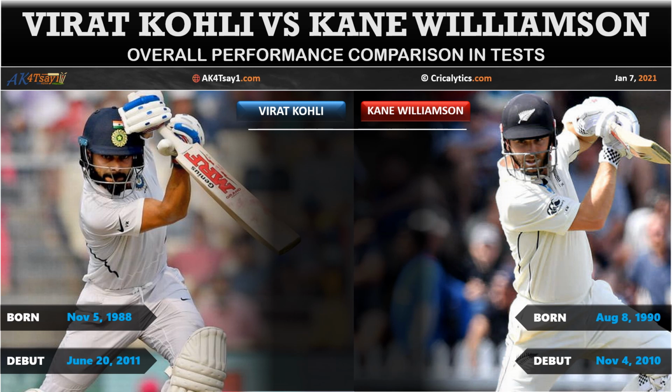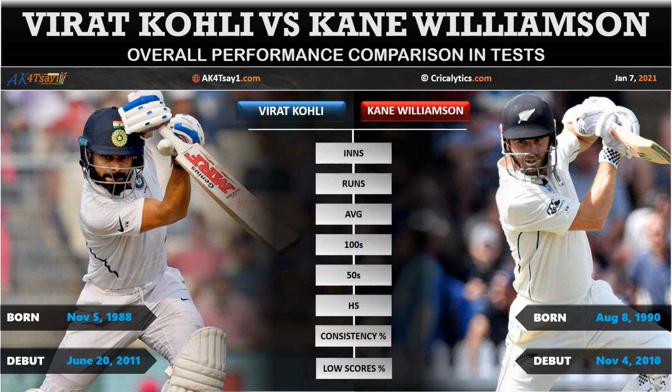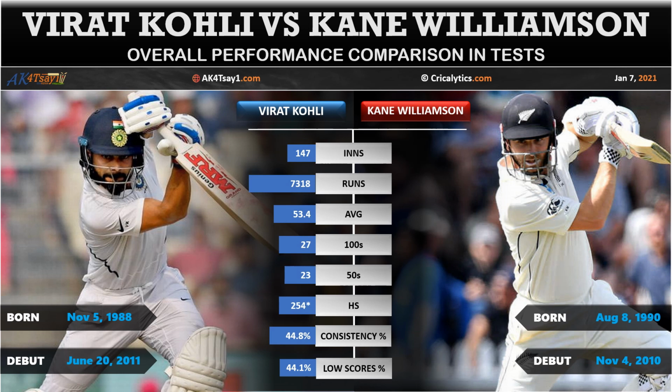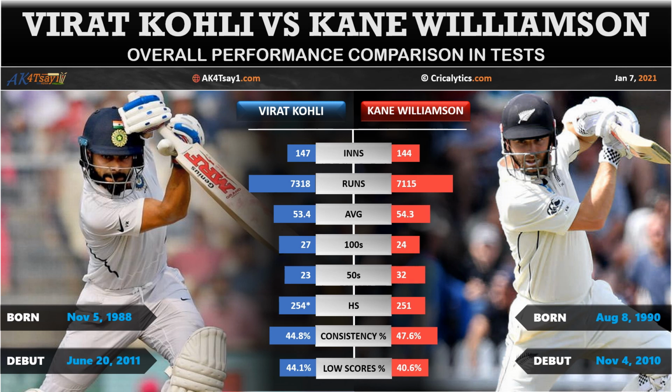Interestingly, the record is also quite similar. For example, Virat Kohli has played a total of 87 matches and 147 innings as of today, whereas Williamson has played a total of 82 matches and 144 innings as of today. They have a similar number of runs, their total number of matches are quite similar, their average is also similar. However, it is those minute details that we don't want to miss out when we drill down their stats under different unique scenarios.